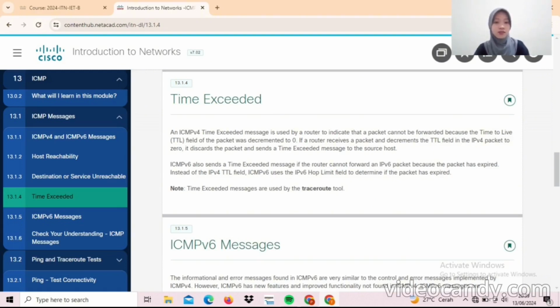ICMPv6 also sends a time exceeded message if the router cannot forward an IPv6 packet because the packet has expired. Instead of the IPv4 TTL field, ICMPv6 uses the IPv6 hop limit field to determine if the packet has expired. Note: time exceeded messages are used by the traceroute tool.